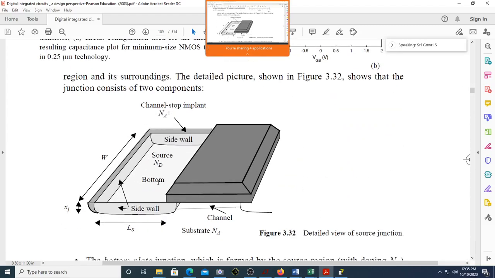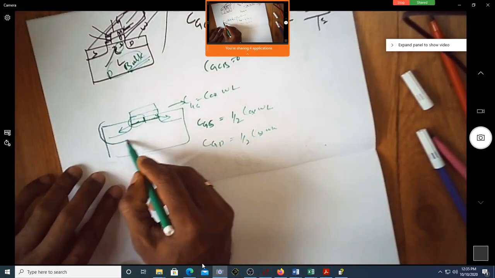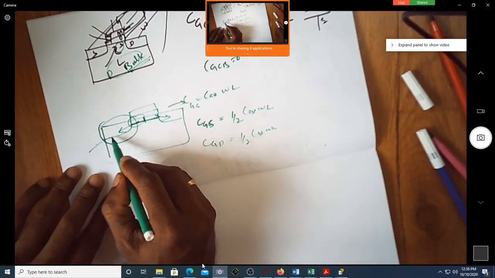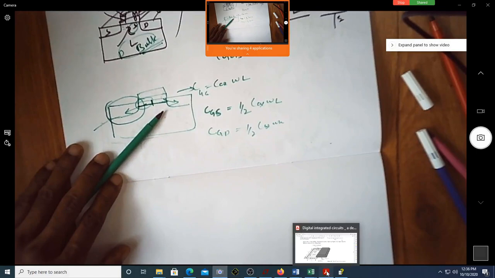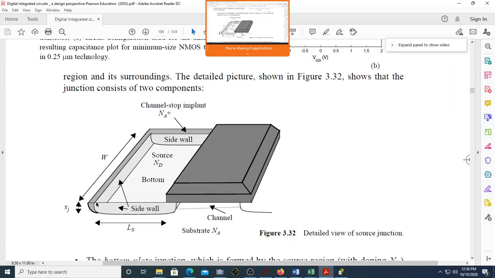Can you just assume this as the structure of your source or the drain? This is your gate. Underneath you're going to have the channel. Can you see there is some overlap? What they are trying to showcase is the extended, zoomed version of this particular region. Here there is a side wall. This is the width of the transistor. Again, the user will not have control over the length of your source or the drain. The user will not have control over this dimension.